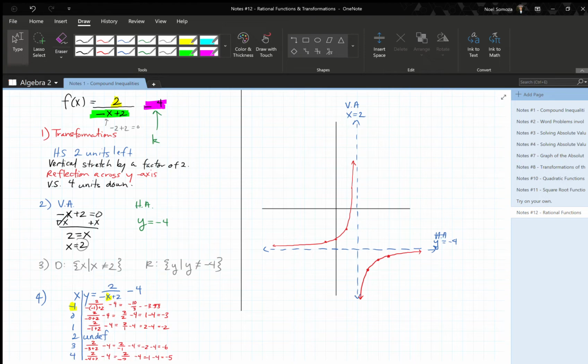What I want to do next now is take a look at how to find the x and y intercepts, right? So if you have your foldable, take that out. I want to show you how to